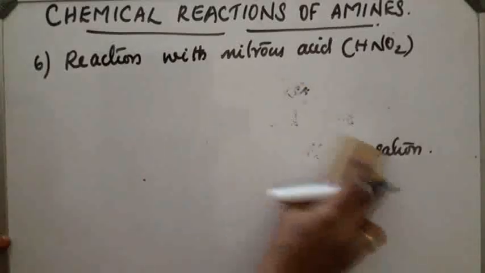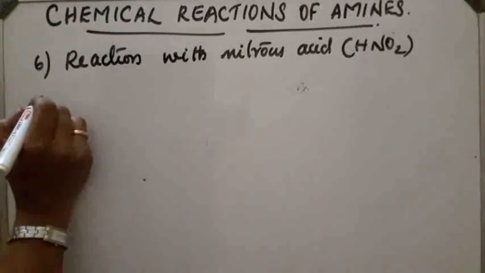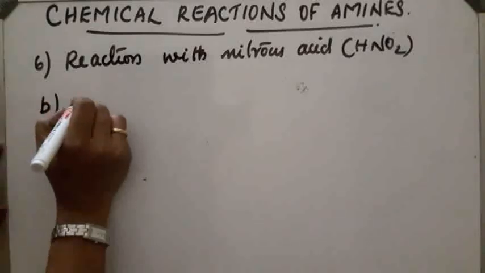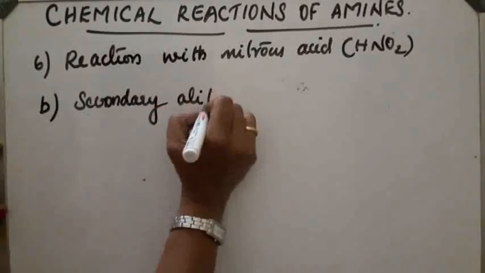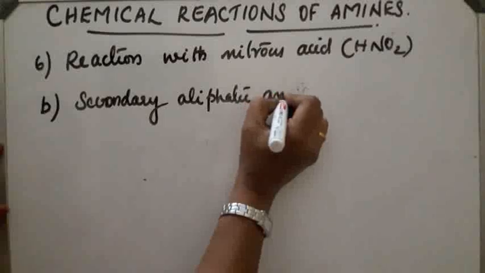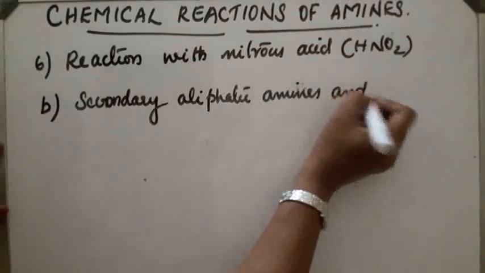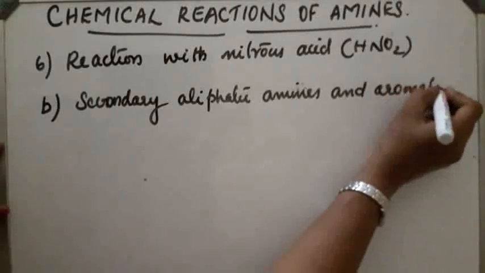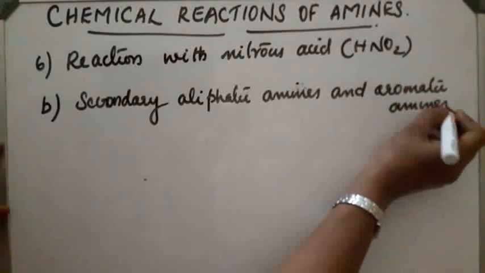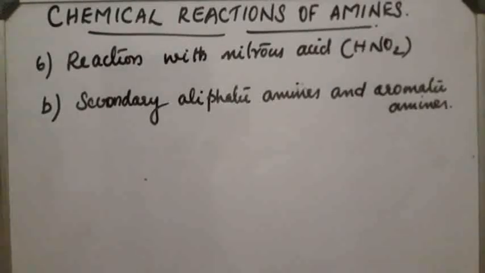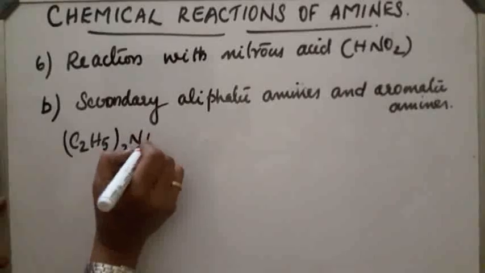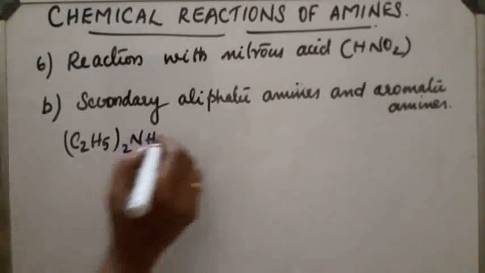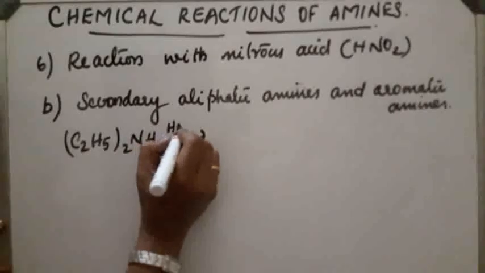Next case. In the case of secondary aliphatic amines and aromatic amines, what will happen? Okay, here with nitrous acid, it produces a nitroso compound. Let us see the reaction. (C2H5)2NH, a secondary amine, aliphatic amine, on reaction with HNO2,